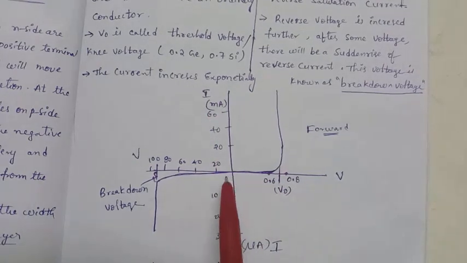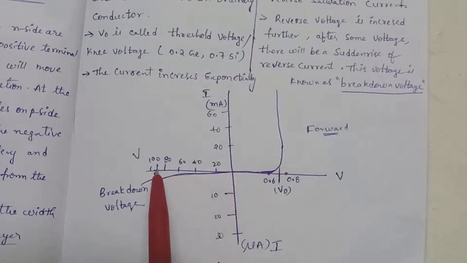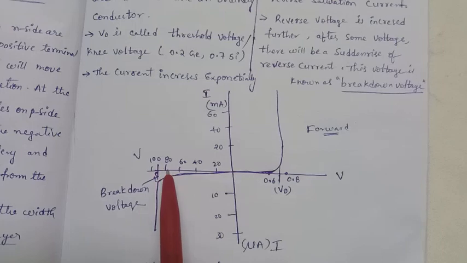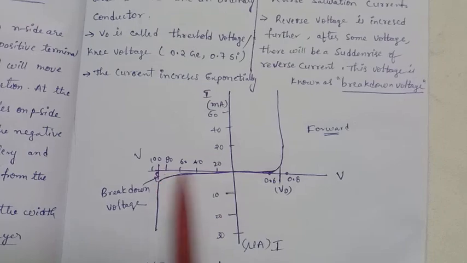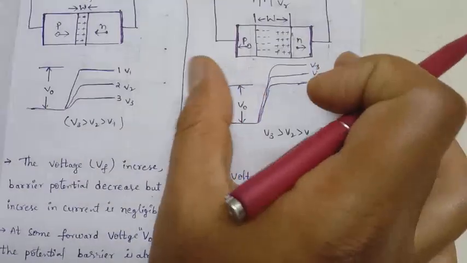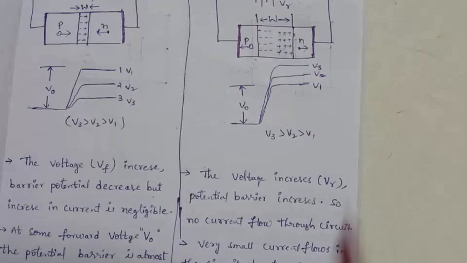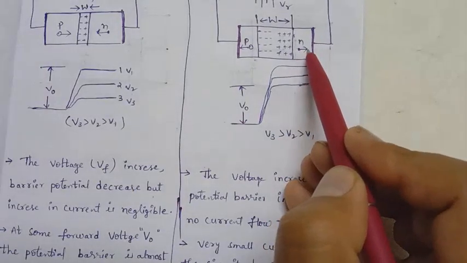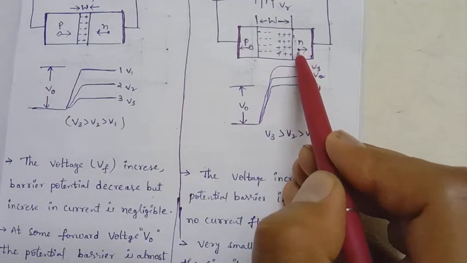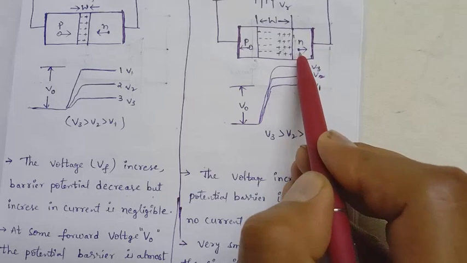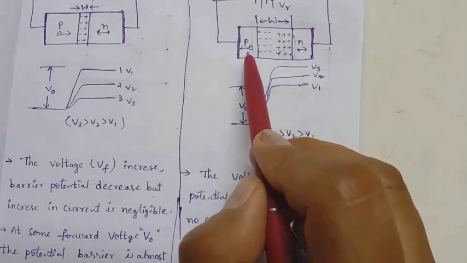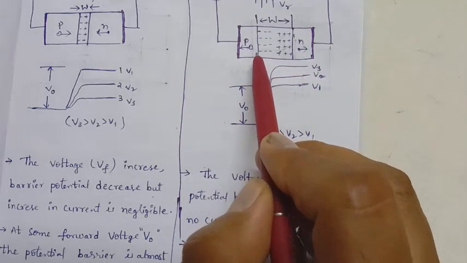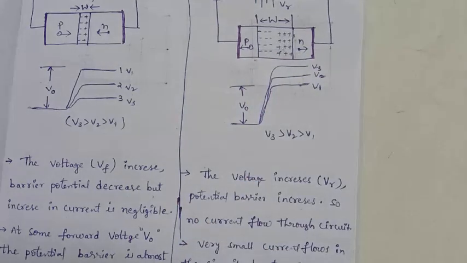But in the case of reverse bias, you have to increase the voltage up to where? Around 90 volts. It is a maximum. At that point there is a breakdown. Why? Because the depletion width gradually increases. Here the electrons are moving along this direction. These are the majority charge carriers. But what are the minority carriers here? Holes are moving towards the junction, and here electrons are moving towards the junction, because these are the minority carriers. So due to minority carriers, we are getting the saturation current.